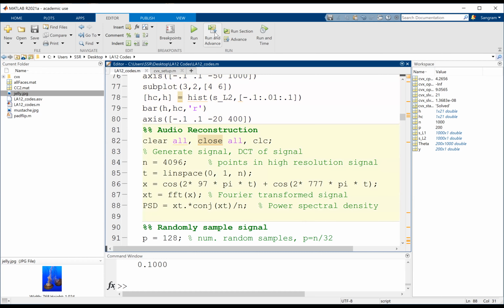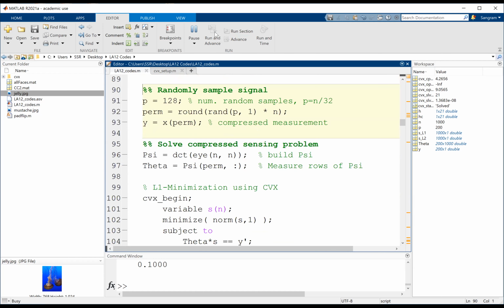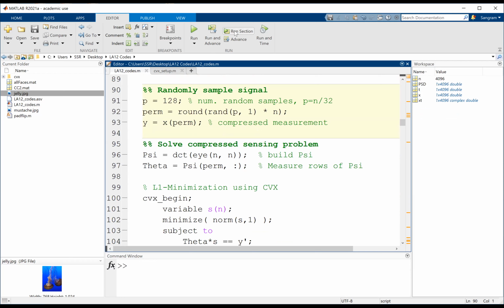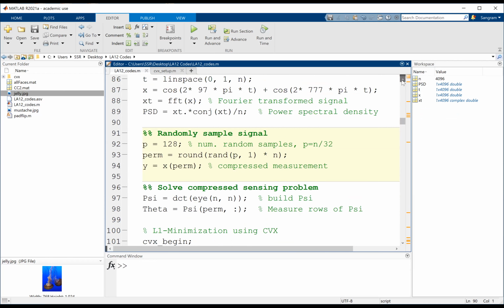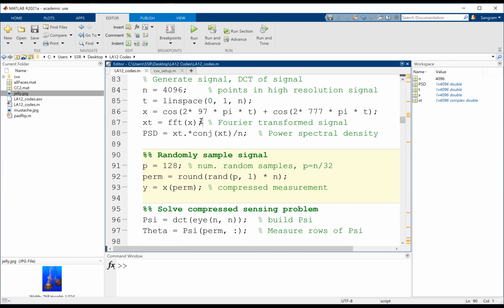This is very important. Okay, let me go ahead. First, I'm going to run this section that actually constructs the signal. Then I'm going to randomly sample the signal. Please note that this sampling is random.